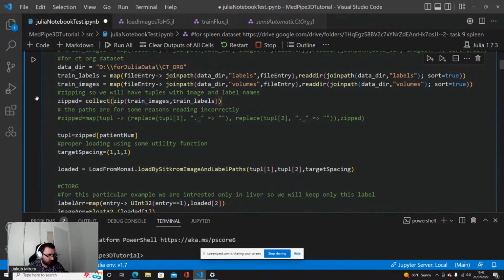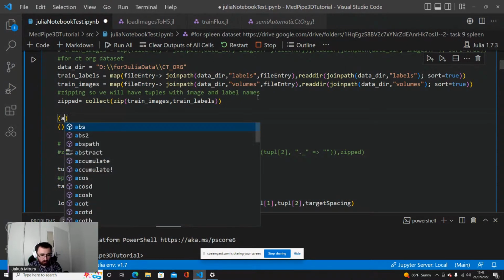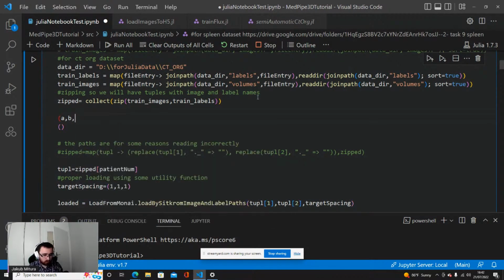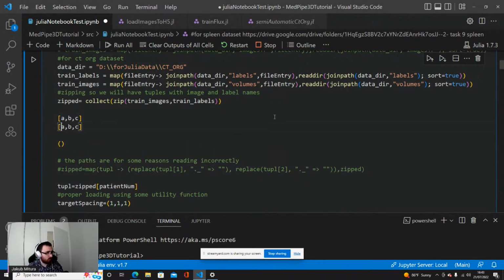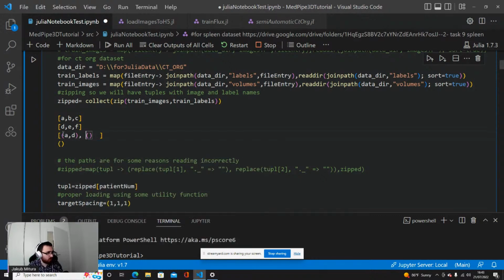The zipping works like this: you have entries from one list, A, B, C, and in the second list you have, for example, D, E, F, and it will create a list of tuples that will have the first element from the first array and the first element from the second array, then the second element from the first array and the second element from the second array, and so on.